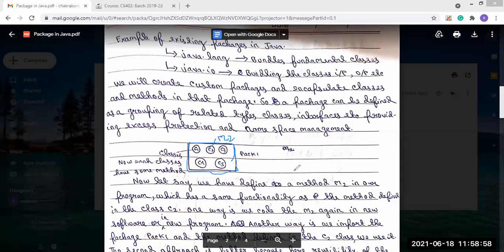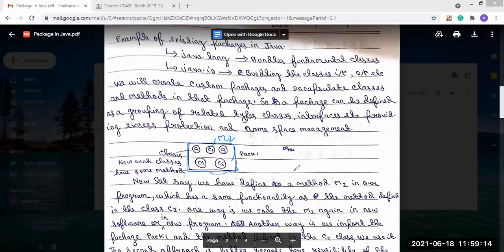Then what can we do? One way is we write the code for that functionality.